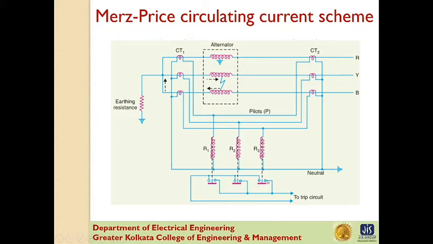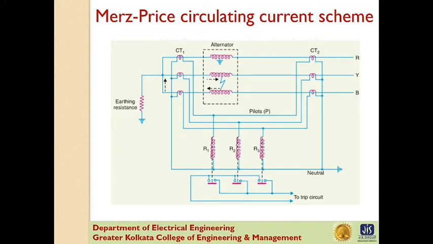Then the relay closes its contacts to trip the circuit breaker. It may be noted that the relay circuit is so arranged that its energizing causes, first, opening of the breaker connecting the alternator to the bus bar, and second, opening of the field circuit of the alternator.